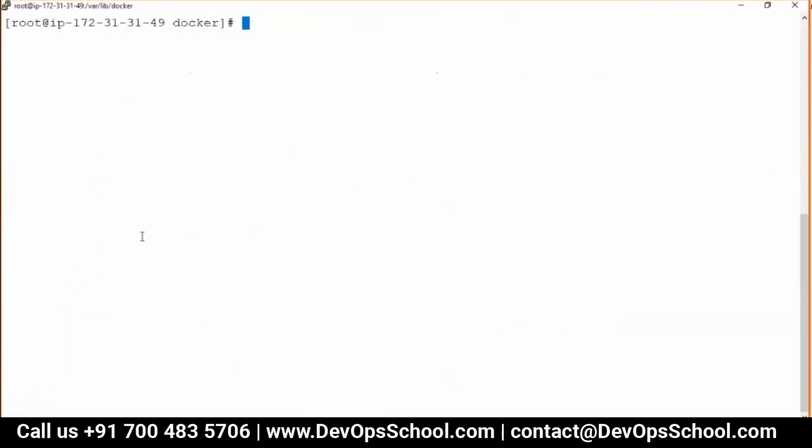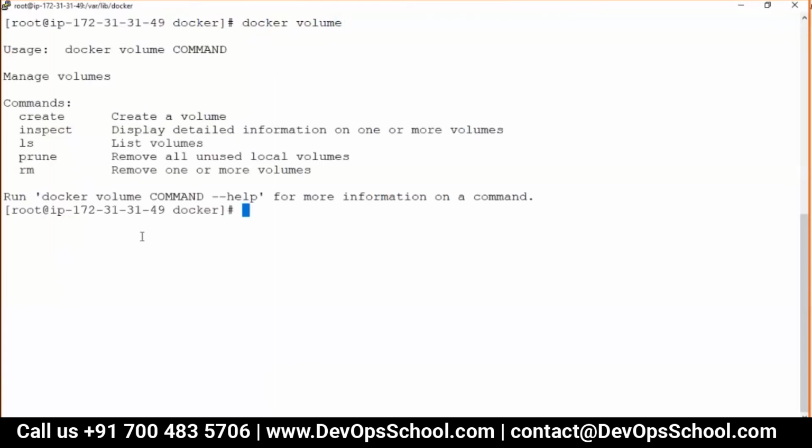So that's docker volume. Now I don't know what the next command is, so I'll press enter one more time, and I got to know four or five commands. Now if you want to create a volume, or inspect a volume. Inspect command. Do you remember docker inspect container ID? Inspect is a very powerful command. You can inspect a container, an image, a volume, a network, which is the next topic. So many things you can inspect through the inspect command. Please keep it handy whenever you have any questions about what is this, what is that.